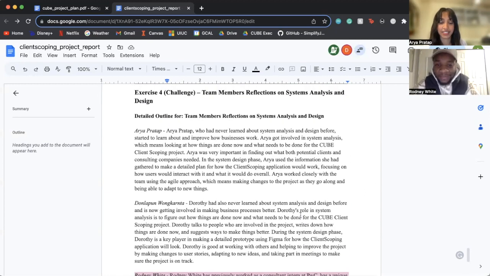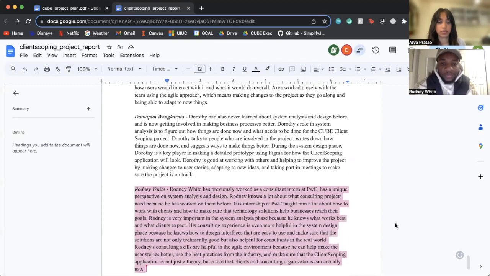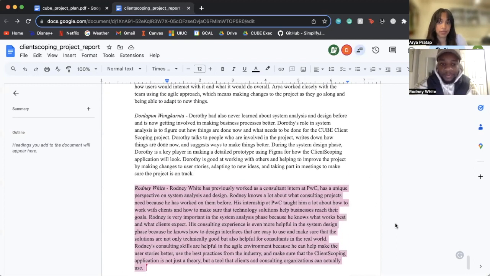Dorothy, our other team member, also didn't have any experience with system analysis before. So her role was really the actual prototype using Figma and such, as Aria stated earlier. It was her job to talk to the people involved with the project, to see how the current website is, and to see how we can improve it with the prototype that she was creating. That was vital to really learning how the system analysis process goes,